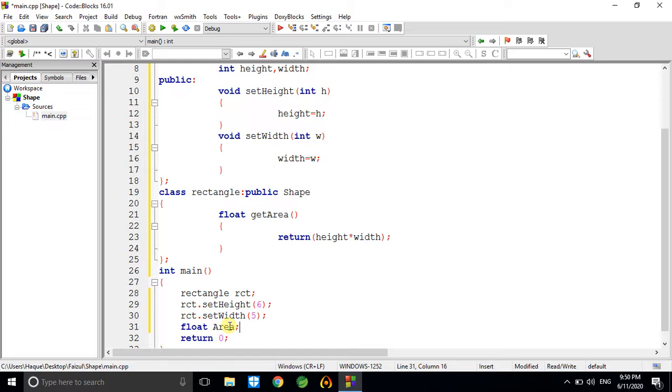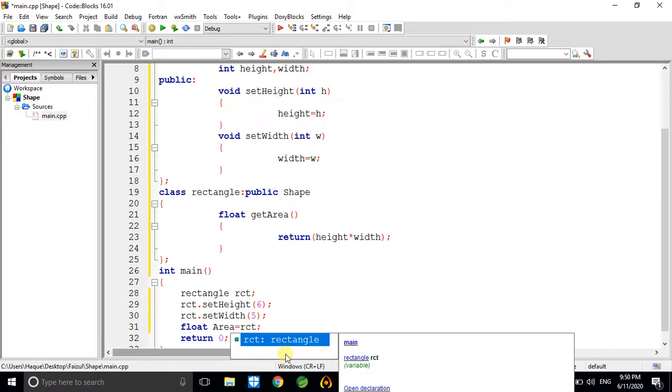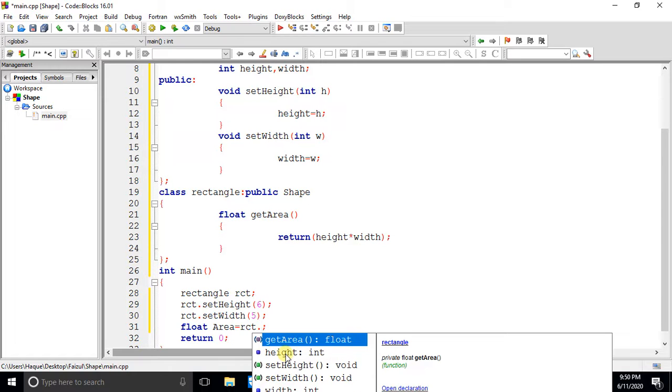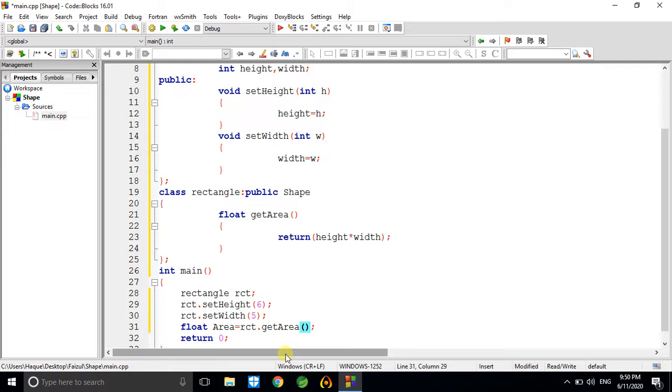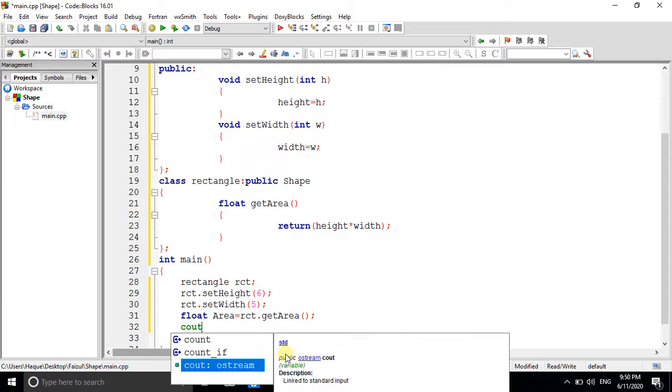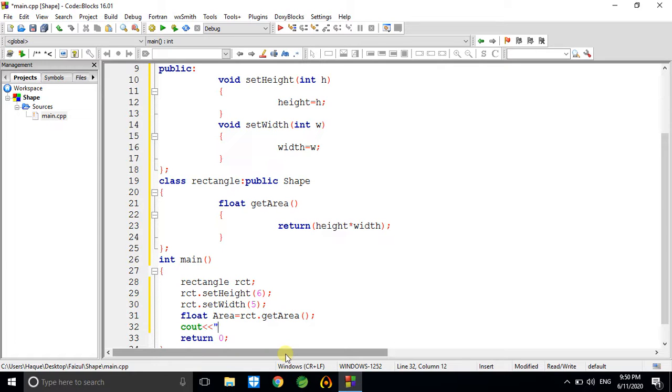We are going to do area equal to the object name RCT dot getArea. Done.